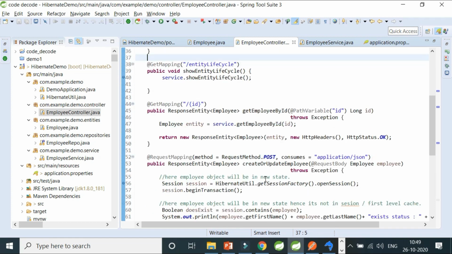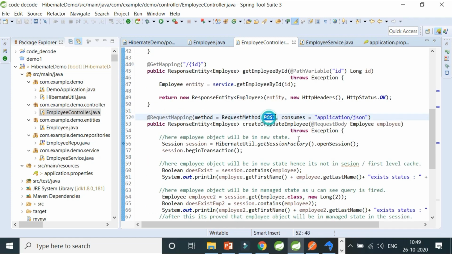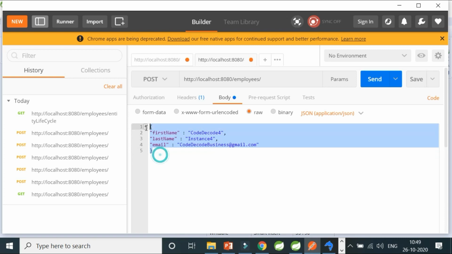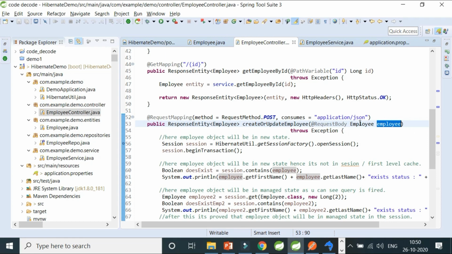The controller has the post mapping, the method is POST, and it is expecting application/JSON. Now, whenever you get into this create employee method, what do you think this employee object is? I am passing a particular JSON here, and it is converted into an employee object. So here it is in a new state. This employee object is in a new state.